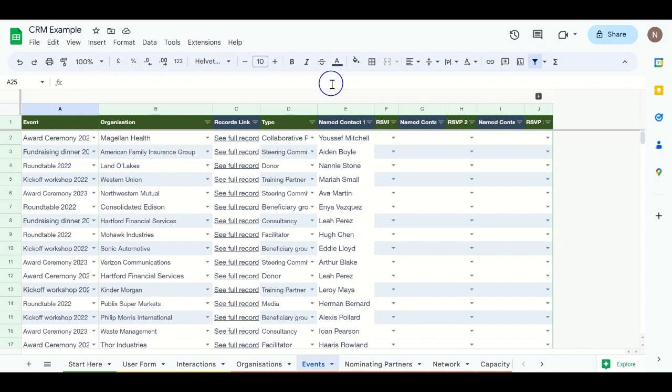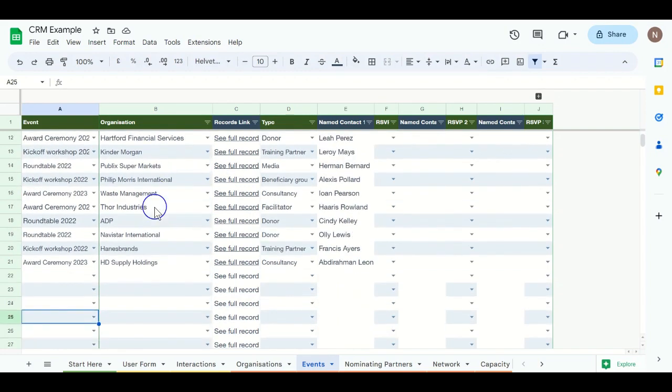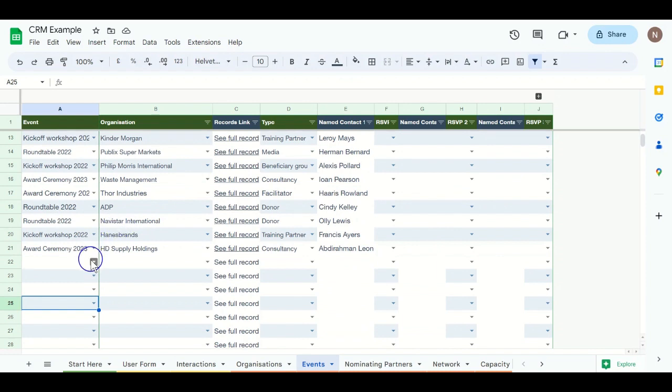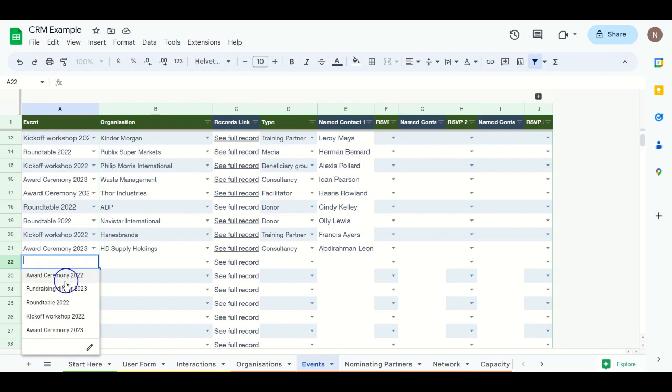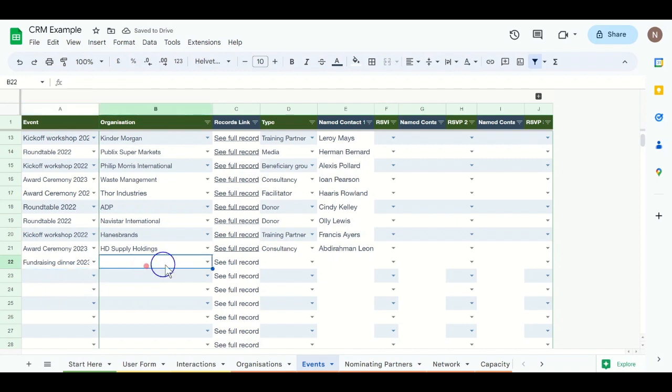I'm now on the events tab. Like I say, this organization wanted a way to track the invitations that they sent to different organizations and see who RSVP'd. So like I say, this is dummy data, but I want to add in a new invitation. So I can click here on the column that says event, and there are drop downs with the list of events that you might have in your calendar. So I want to invite this organization to the fundraising dinner 2023, and